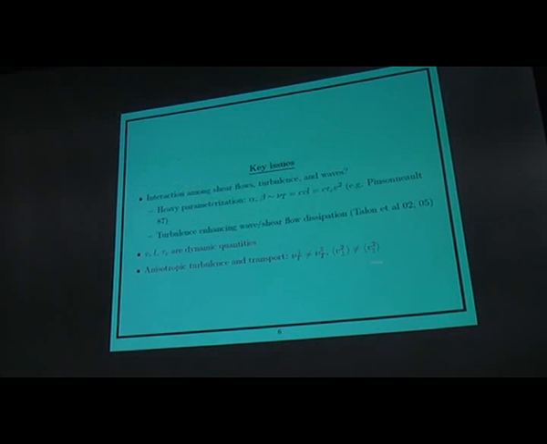Right, so the key issue here is: what is the interplay among shear flow, turbulence, and waves? Traditional solar modeling uses some sort of estimate. All the transport coefficients are of order velocity times the correlation length of the turbulence, up to some constant, and then the constant is set according to what you want from observation.